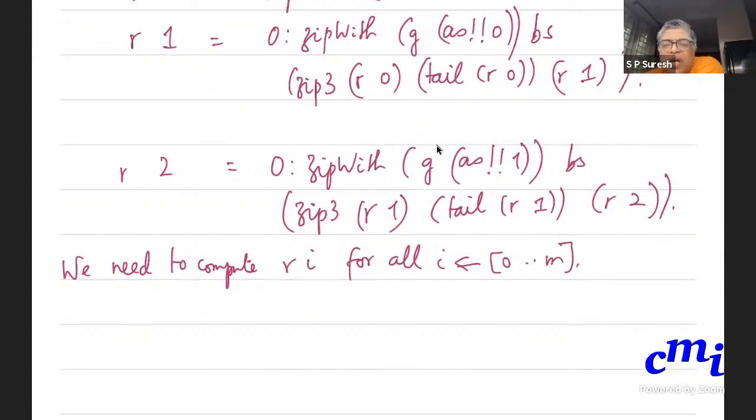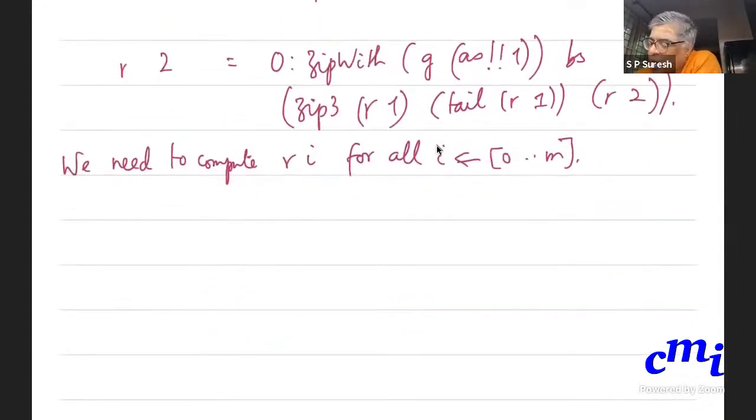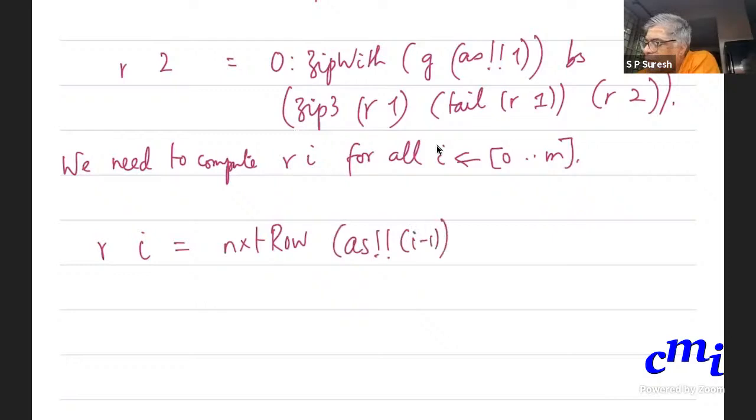So I need to keep on repeating this. Instead of repeating this, I will find a common pattern. The common pattern I wrote was Ri, etc. But another way of writing this is to say that Ri is the next row function applied on As at i minus 1 and Ri minus 1.